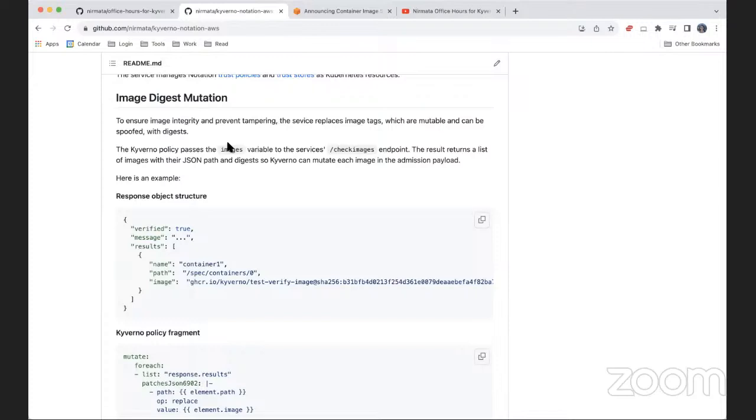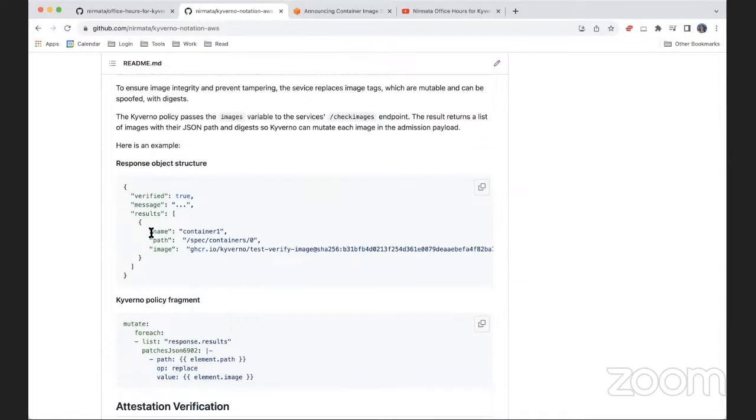And here, since Kyverno forwards all the images, payload, or data to the extension service, this extension will pull from the ECR registry, resolve the image tag to the digest, and then send back the mutation patches to Kyverno